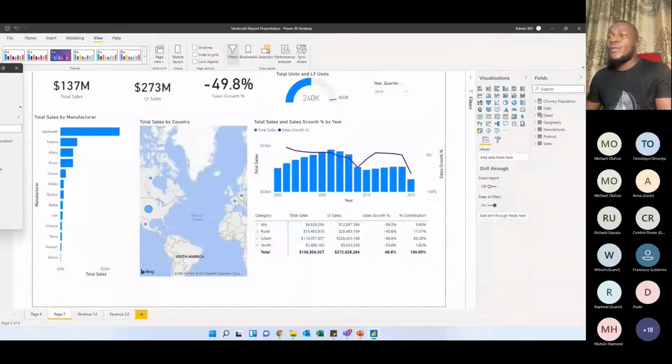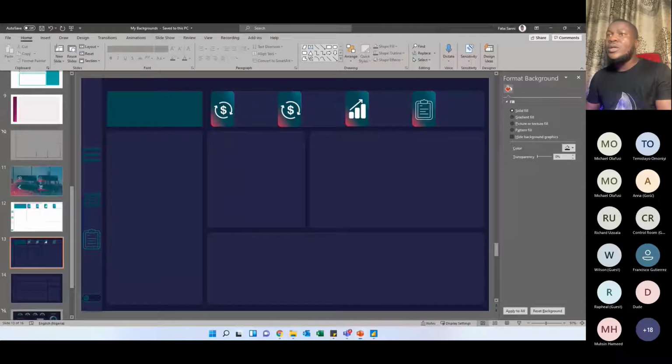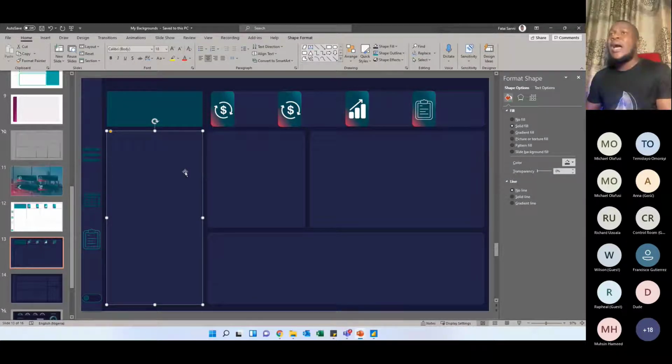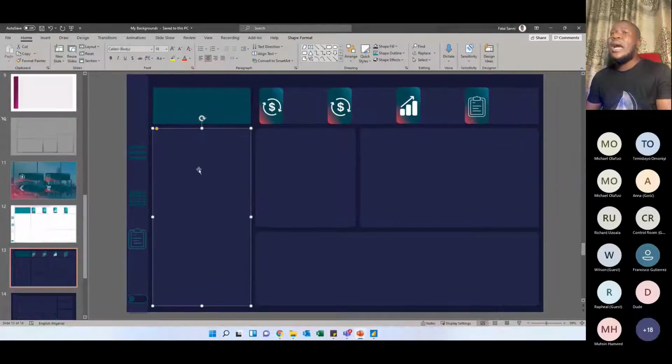To do that, I want to start from the background, like I said. This is the background I used. A lot of people do this on PowerPoint, some do this on Figma, some do this on any other tool of choice, right? What is most important